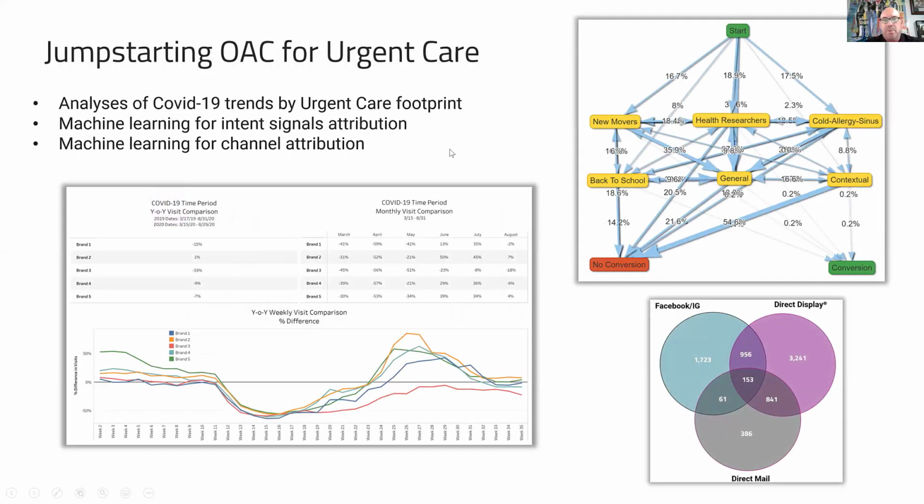So one of the verticals we work in is urgent care, and we actually started using OAC in the past through some of our Oracle licensing and cloud data warehouse. And so really, as we're working in this particular industry and COVID hit, we were analyzing patient flow and trends within the different urgent care providers. One of the things we saw with COVID was a remarkable drop in the number of in-person visits. So there, what ended up happening was the telemed or telehealth visits jumped from 1% of their volume to 35%